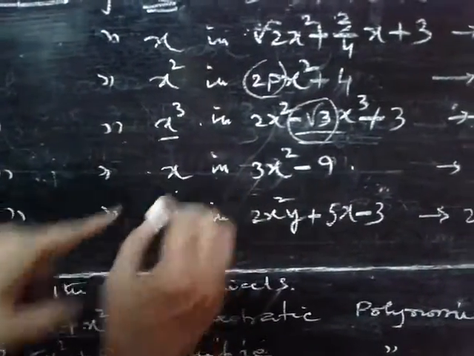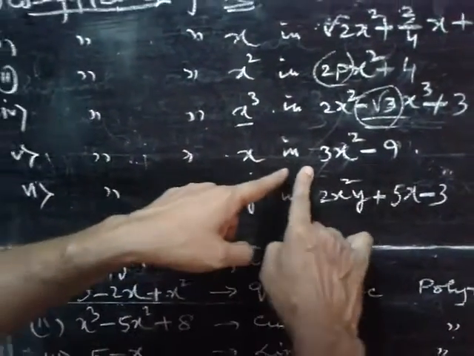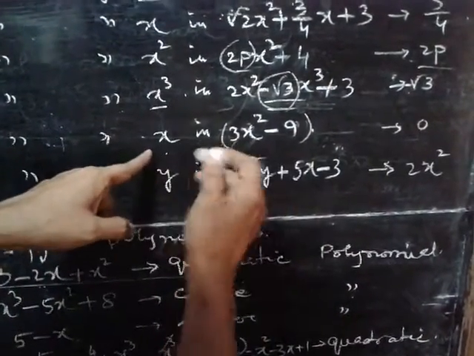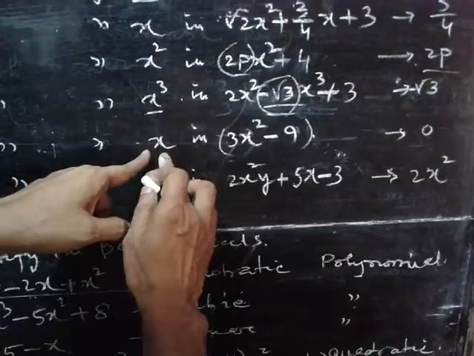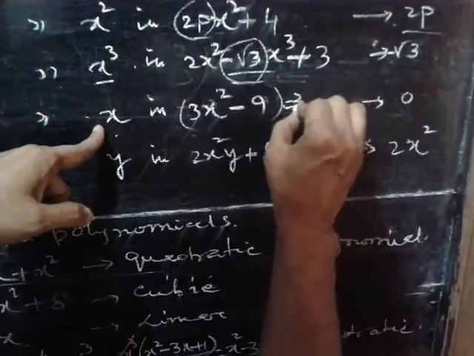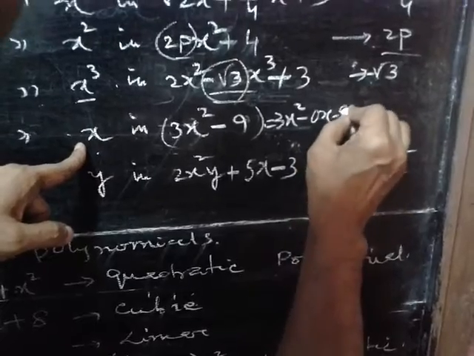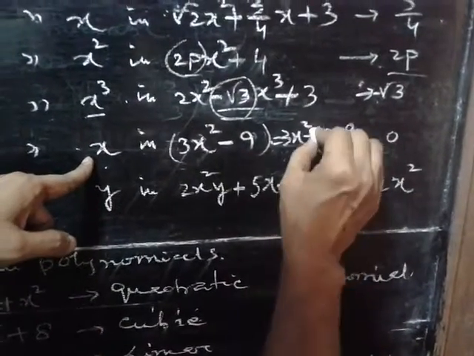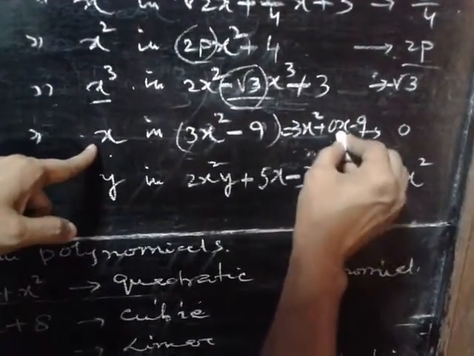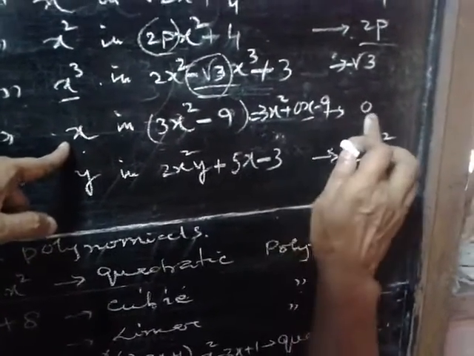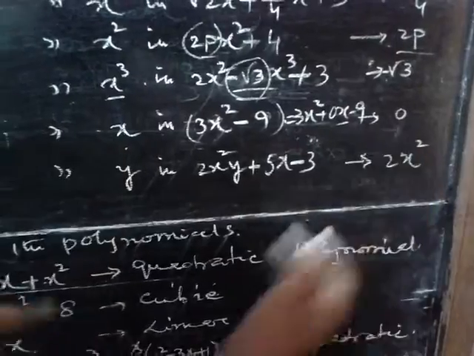Here coefficient of x is asked for, where the expression is 3x square minus 9. There is no term over here for x. That is, you can write it like this: 3x square minus 0 into x minus 9. You can just write it down like this, or plus if it is. So here you can understand that the coefficient of x is equal to 0. So it is actually coming 0.